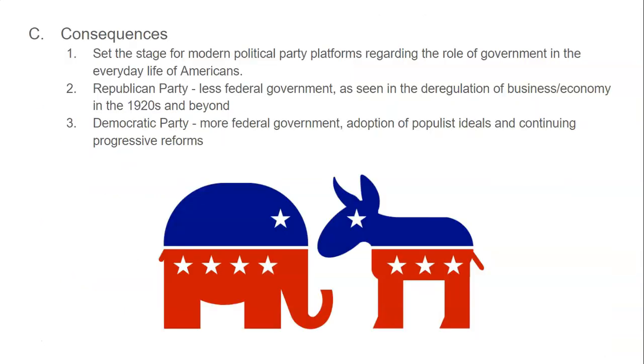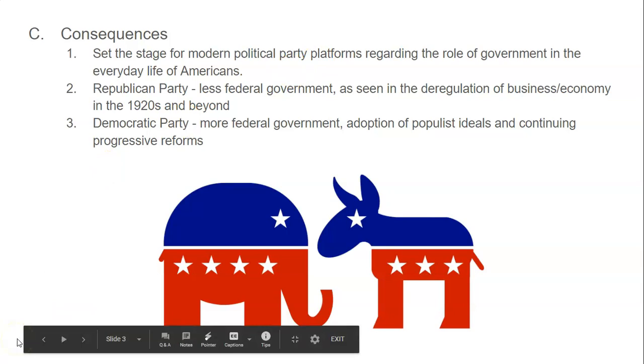But some of you guys have probably been thinking, when did the Republican and Democratic parties start to resemble more like what they are today? Well, it's largely after the 1912 election. The Republican Party moving forward tends to believe in less federal government intervention, kind of like Taft was doing. And we'll see this more with the deregulation of businesses in the 1920s when we get to some of those Republican presidents. And then the Democratic Party starts to become more the party of big federal government. And we'll see that with Wilson as a Democratic president. He is going to be putting in place some policies that give the federal government a lot of power.